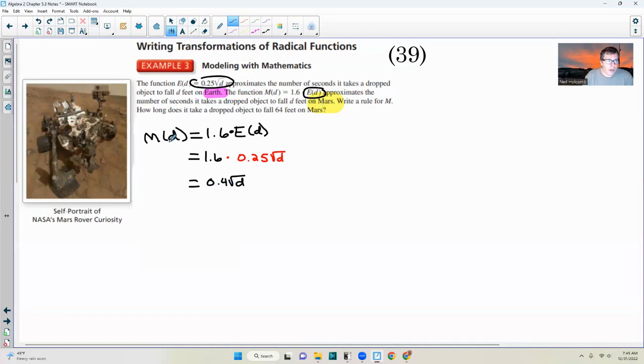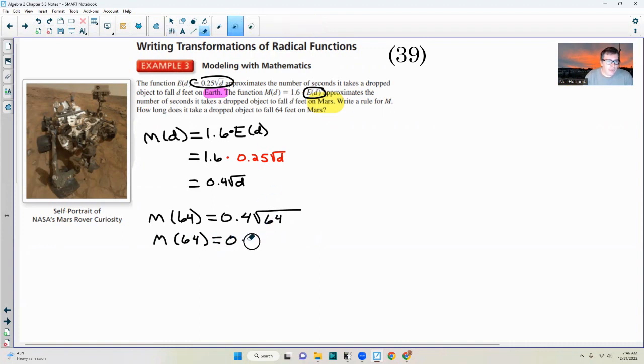And then it says how long does it take a dropped object to fall 64 feet on Mars? So this is the new Mars drop. So now I'm going to say M of 64 equals 0.4 square root of 64. All I do is substitute in 64 for D. So then M of 64 is going to equal 0.4 times